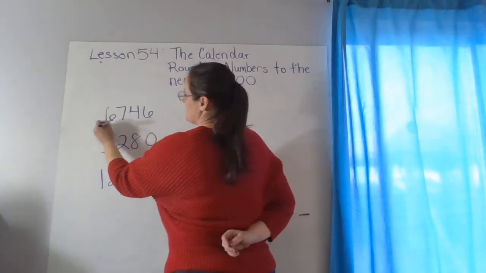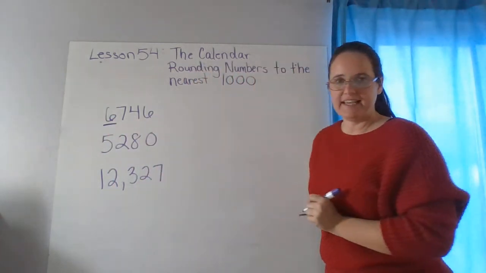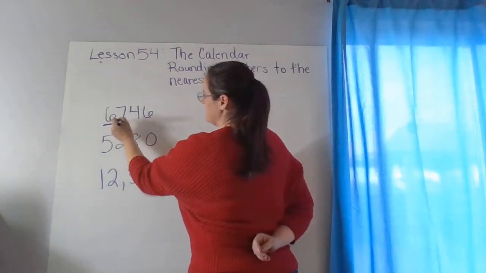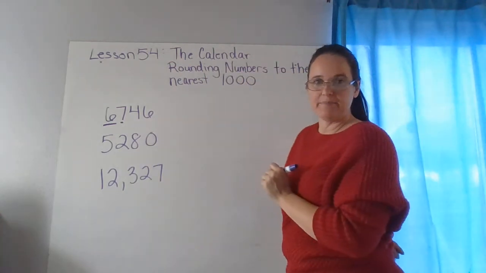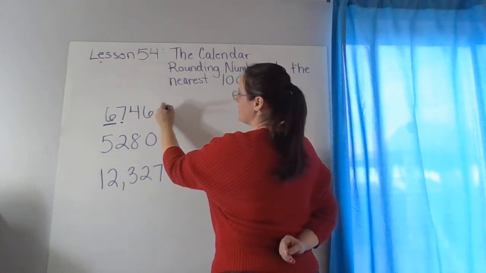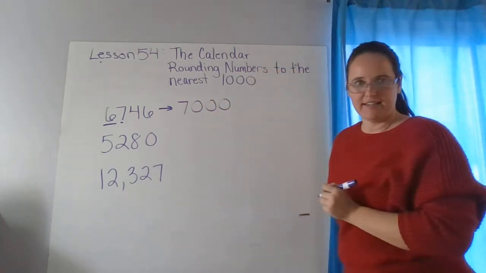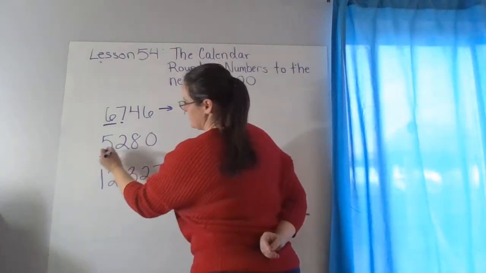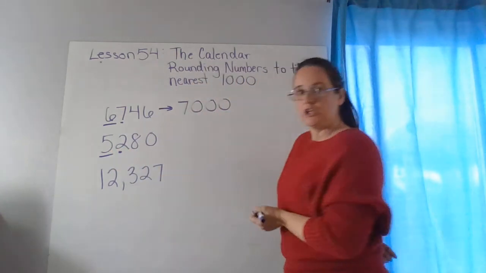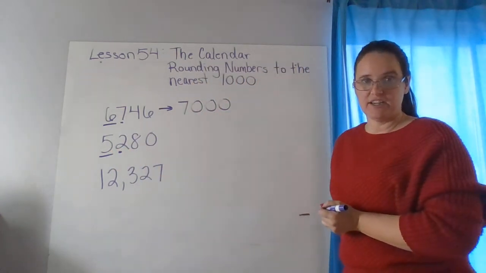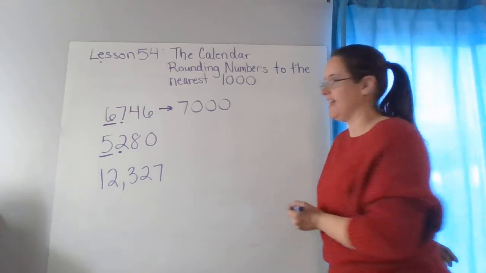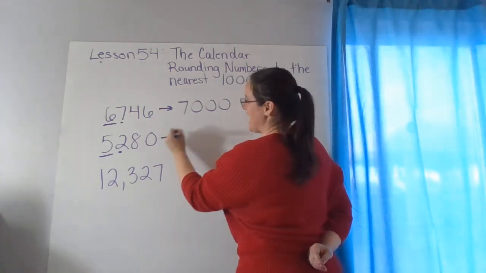Okay, I am rounding to my thousands place here. I look at the very next digit. 7 is bigger than 5, so I round up to 7,000. Do that again here. There's my thousands place. 2 is the very next digit. 2 is less than 5, so I round down